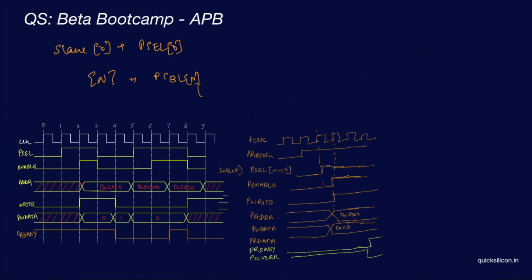so this is how the particular protocol works. And if you read the spec of the protocol, it actually mentions three different states in which the protocol can be. So let's discuss those states real quickly before we jump into the RTL implementation. The first state which the spec mentions is the idle state. So let's call this idle. The second one is the setup state. And finally, the third one is your access state.